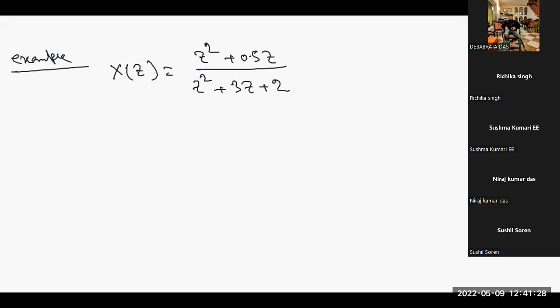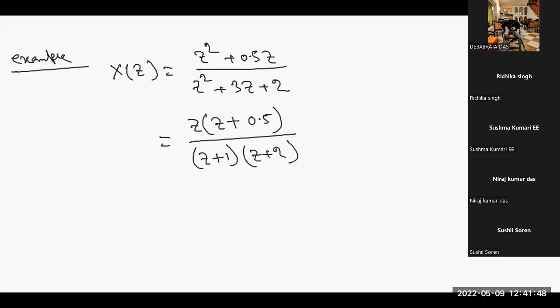Now the common part here is z. So z is common. The rest of the part is z plus 0.5, and you have to solve the denominator by middle term factorization. You know that, everyone, that gives z plus 1 and another one z plus 2. You multiply z plus 1 by z plus 2, the function comes to z squared plus 3z plus 2. So here basically in this function X(z), the poles are